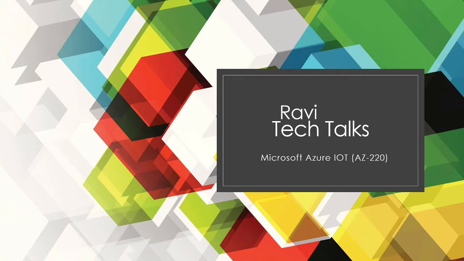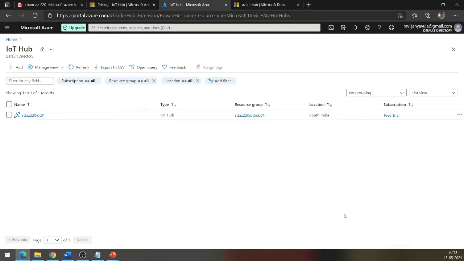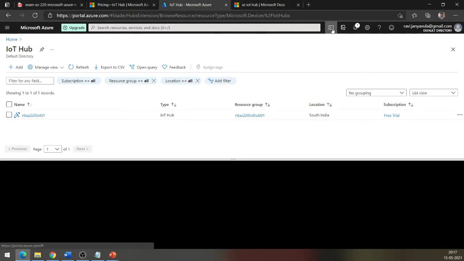So let us just switch back to the Azure portal. In the portal, this is the IoT hub, which was created previously in the free tier. To get started with the Azure CLI, you can either use PowerShell, which is there on your local machine, or you can use Azure Cloud Shell.